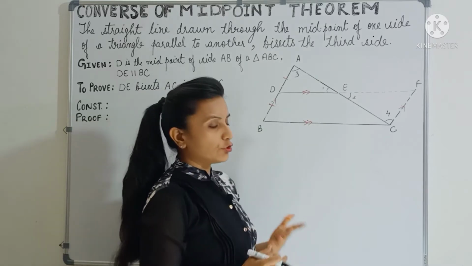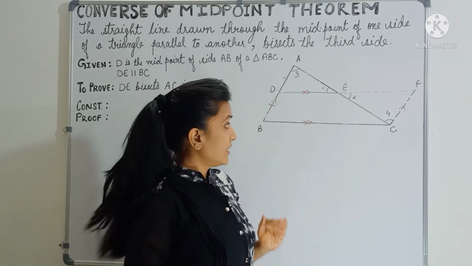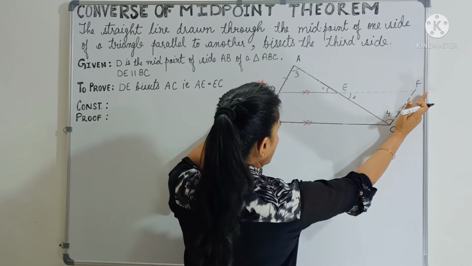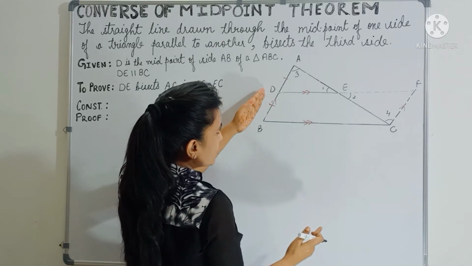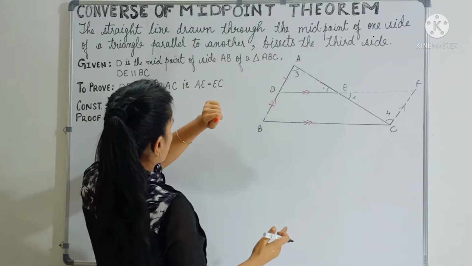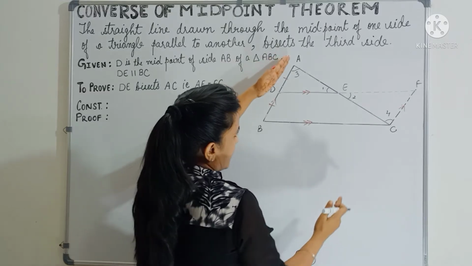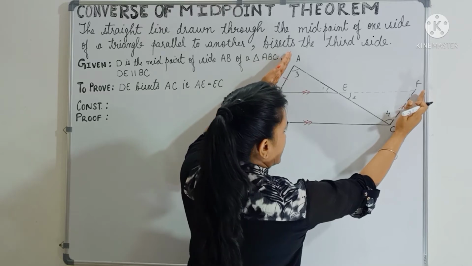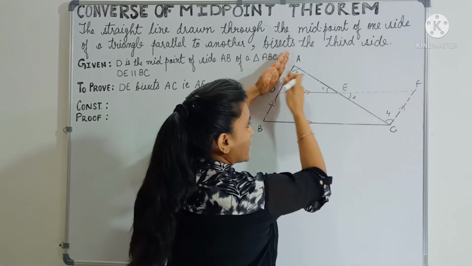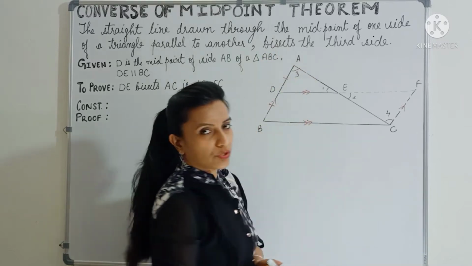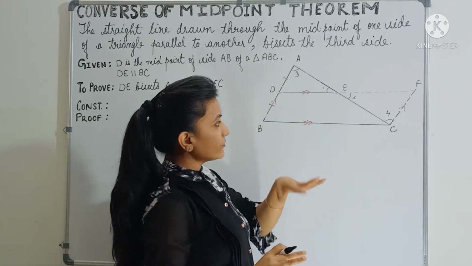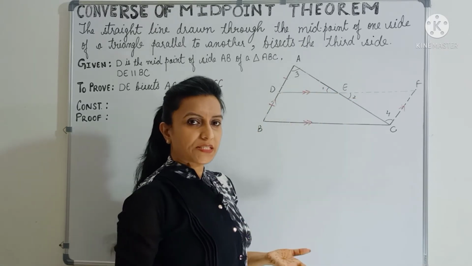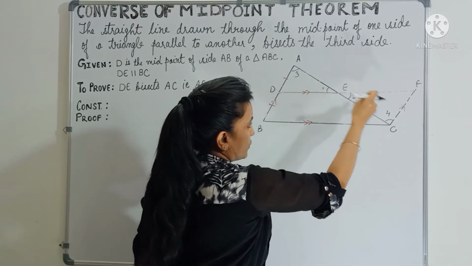And in a parallelogram we know that the opposite sides are equal to each other, right? So can I say that BD is equal to CF, right? And what about BD? BD is equal to DA. It is given here already, right? So BD is equal to DA. BD is equal to CF. So can I say that CF is equal to DA, right? So we showed that these two sides, CF and DA, are equal to each other, right? So now I can easily show that the two triangles are congruent. So by CPCTC I can say AE is equal to EC, right?